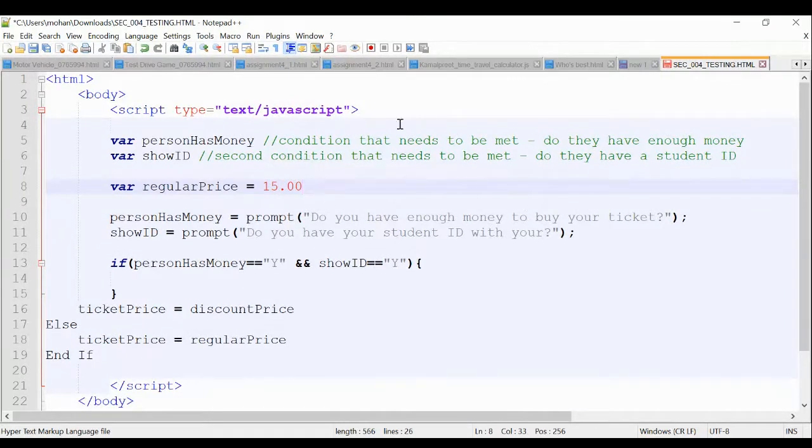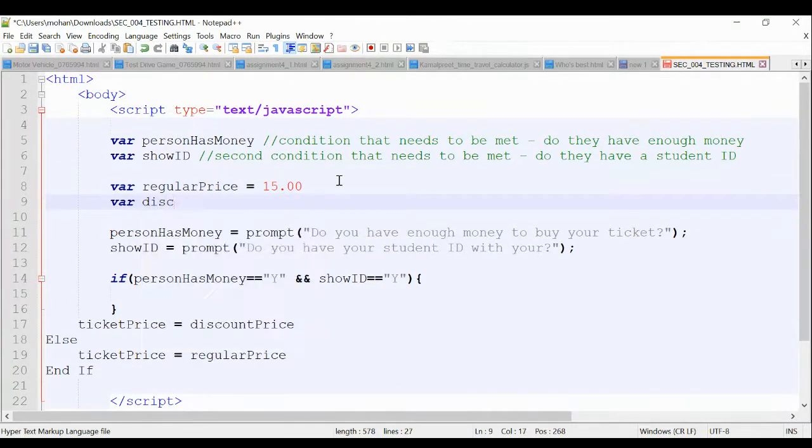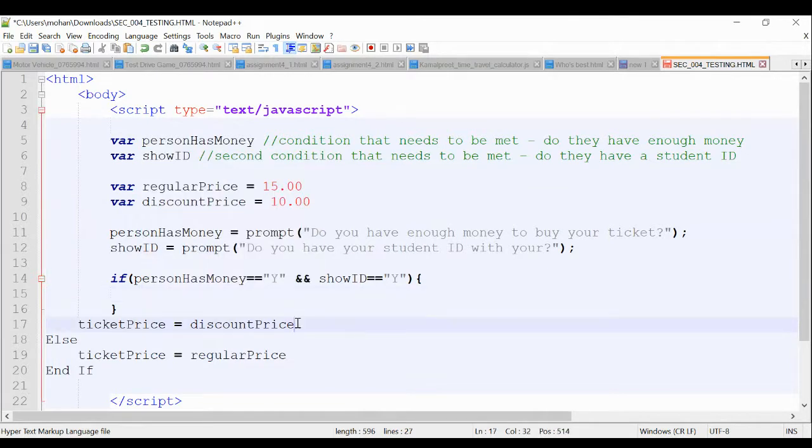If you want to display that, you can do that under double quotation marks when you are printing your output, but you don't want to do that now, right? Discount price equals, let's say $10. Okay. So now I'm going to say ticket price equals, since that condition is true,